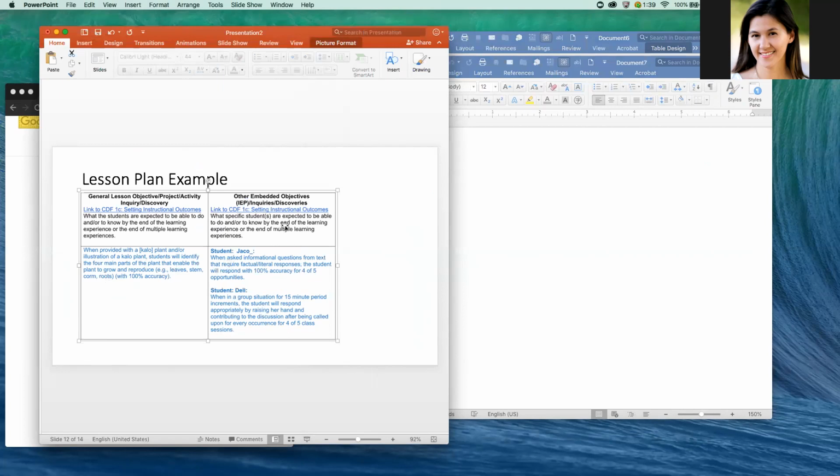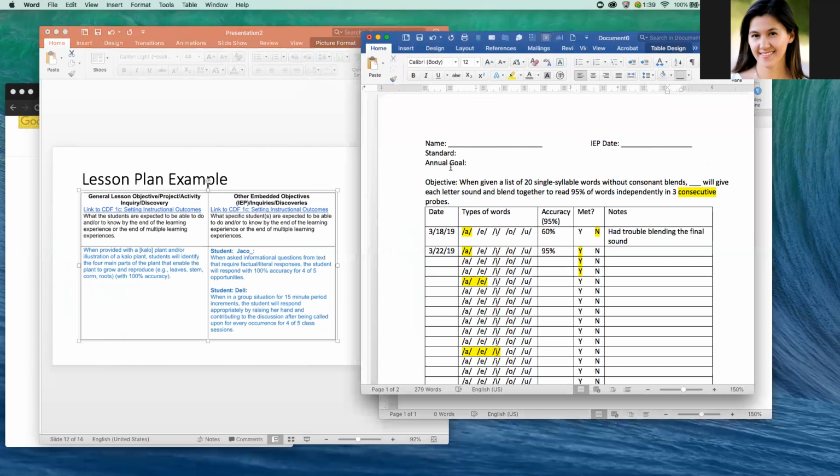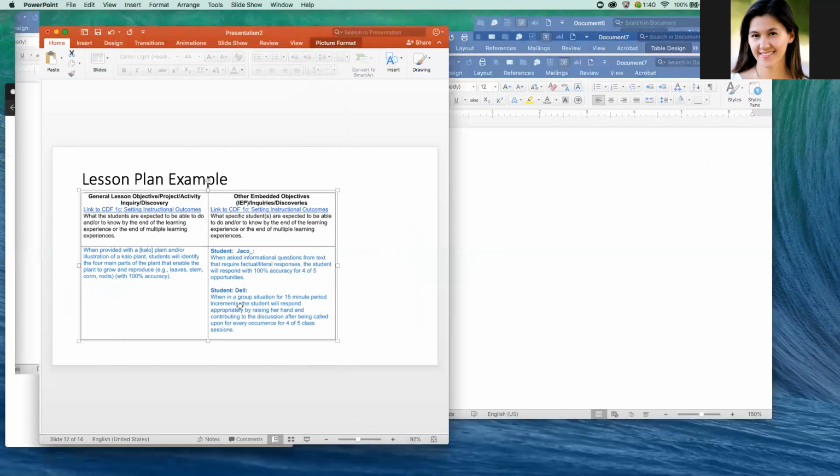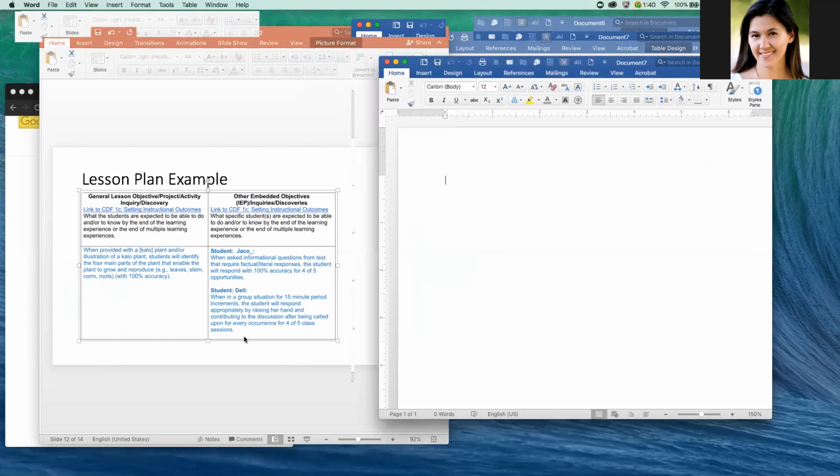And then there's some other embedded objectives. So this is where you're trying to tailor it and differentiate based on different needs for students. And so you can see that there's two other students here that have their own objectives, which hopefully you would already have pre-made because you had done these things for every single one of your students that have an IEP. But again, if you needed to create one, you could just do the exact same thing that you had done here and create a separate one for whatever it is that you're targeting for someone who might be performing above or below this general lesson objective. Okay, but